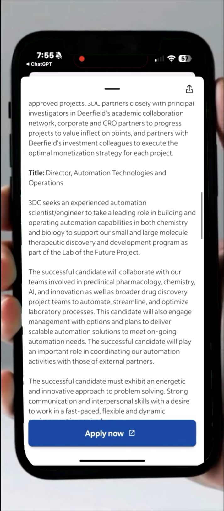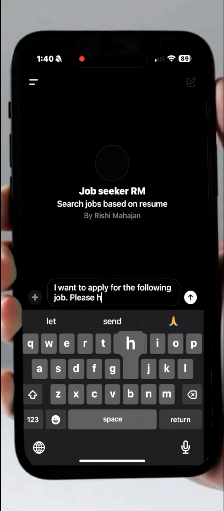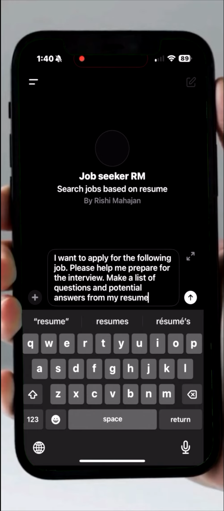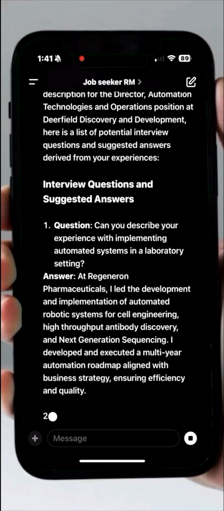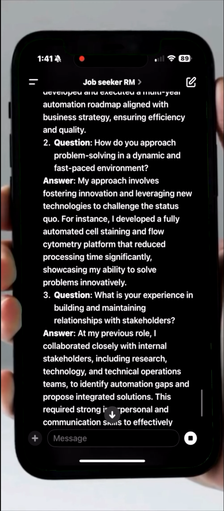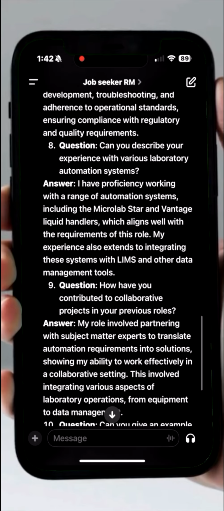I open this first job and the experience looks pretty close to my experience. So I'm going to ask my GPT to help me prepare for the interview based on the job description and my resume. And you could see it has generated the questions based on the description of the job, and the answers are very relevant from my